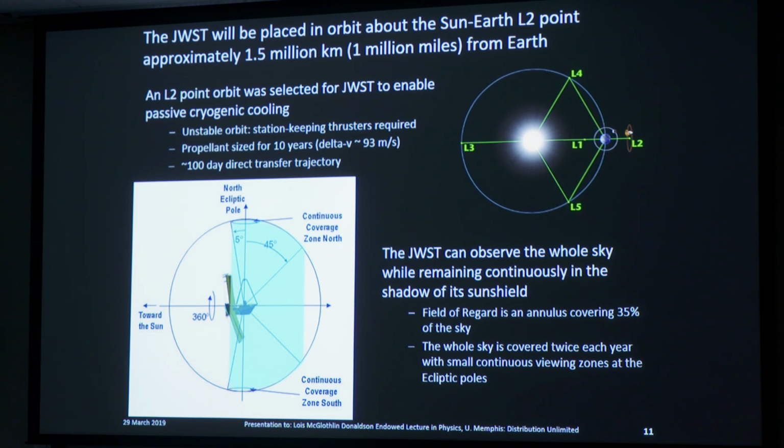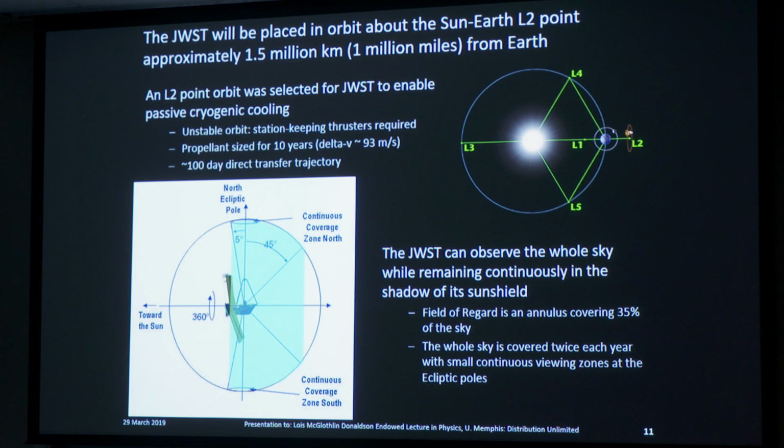Let's talk about the thermal problem first. The JWST will not be in orbit around the Earth the way Hubble is. We are going to send it to a special spot in space called the second Lagrange point of the Sun-Earth system. That's a mouthful. Don't worry about that. It's a point in space that's about 1 million miles in the anti-sun direction from the Earth. And there it will orbit the Sun.